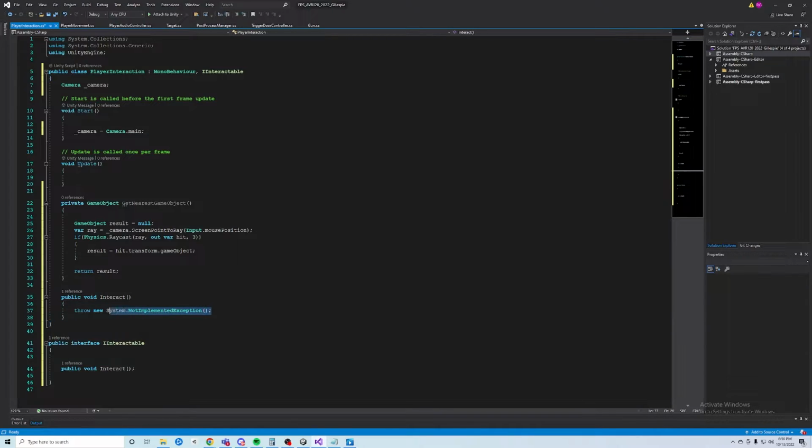We don't have anything in the Interact method, and we're not going to need anything at the moment inside this Interact method for the player, but it's good to just have it on there. For the purposes of this lesson, we're not going to really add anything in here, but we'll be able to apply this interface to other objects in the scene, and it'll do different things. So now that we've added that,